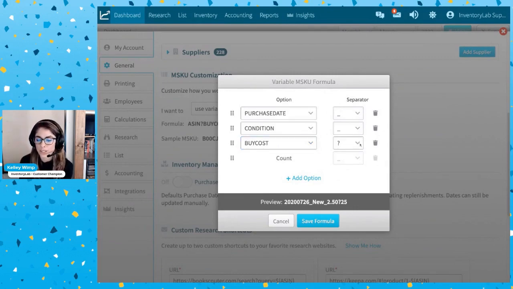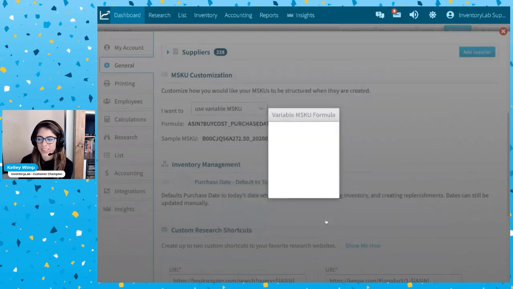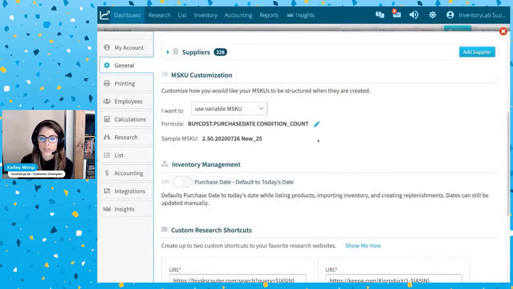You can also select your different separators. Maybe you want to use just a simple period, or an underscore, or a bracket. It's entirely up to you. And you'll see a preview down here at the bottom of what your new MSKU will look like. Just so you know, this count down here at the very bottom will always have to be added into your MSKU somewhere, and that's just a fail-safe so that you don't create multiple MSKUs for the same ASIN. Once you've got it set exactly how you want it, go ahead and click Save Formula. And this will apply to all MSKUs going forward. It won't update your MSKUs retroactively, but everything you list using this MSKU formula moving forward will have this same